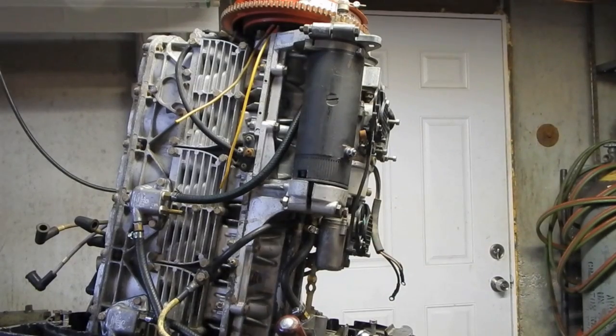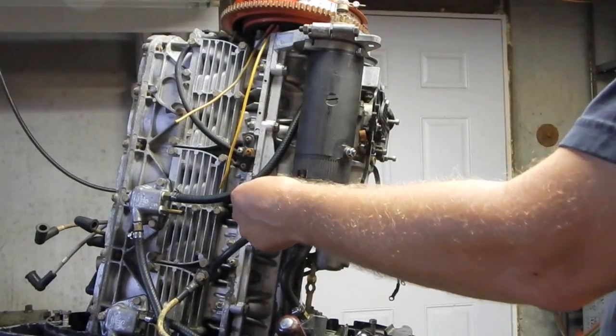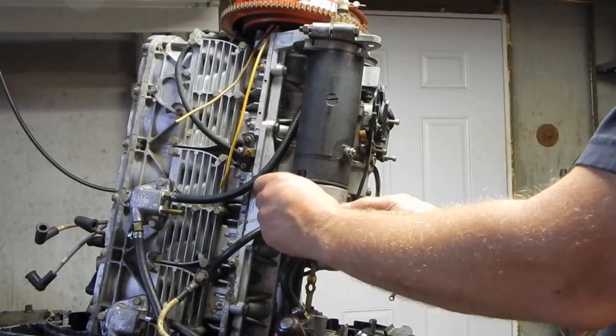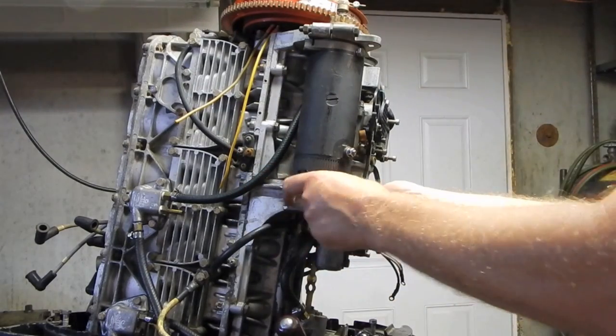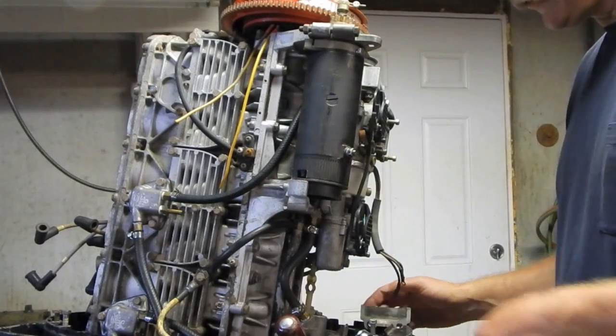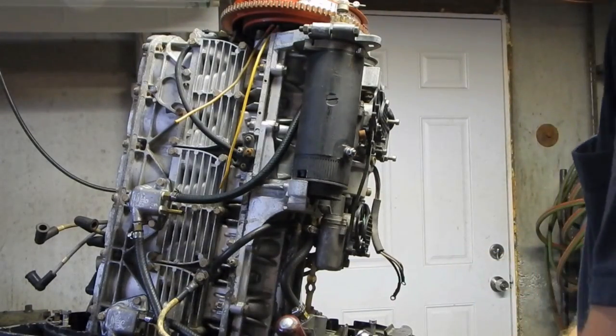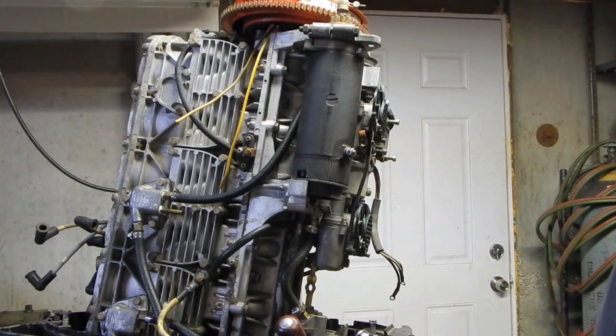Oh, I bet you I know what the problem is. Where are my plastic rings? Bet you they're not in there. Does anybody remember the plastic rings? I didn't until just now. Took the original, well, the starter was missing. That's right. When I got this, there was no starter in it. But remember, I found that